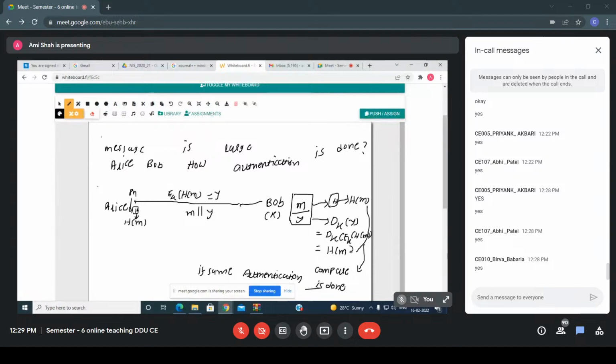Now once Bob gets the message, at that time Bob again decrypts the message using the decryption algorithm. So once Bob decrypts the message, what will Bob do? Bob again